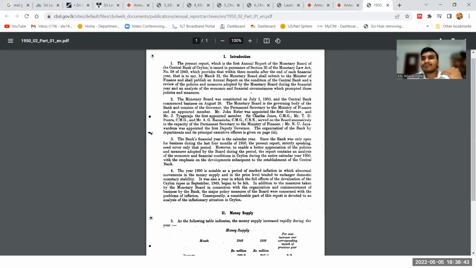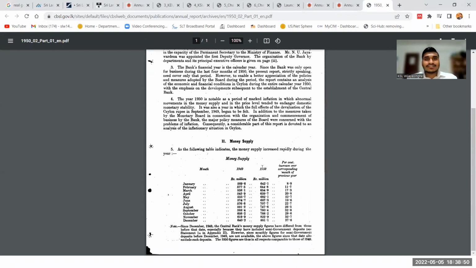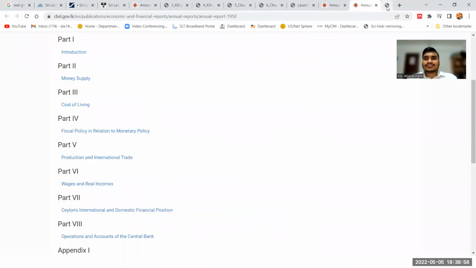So Sri Lanka was a far more advanced country in 1950, but due to certain reasons, we failed to capitalize on that. So please get accustomed to this